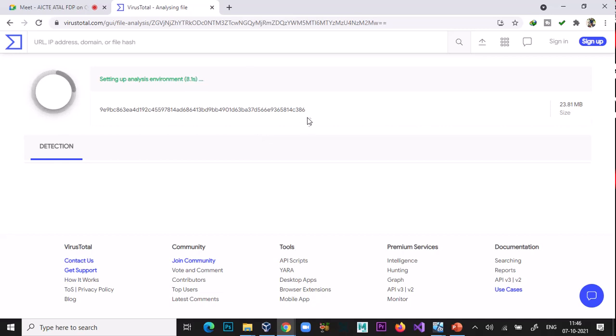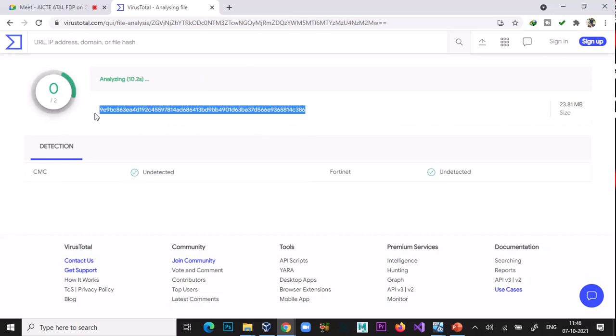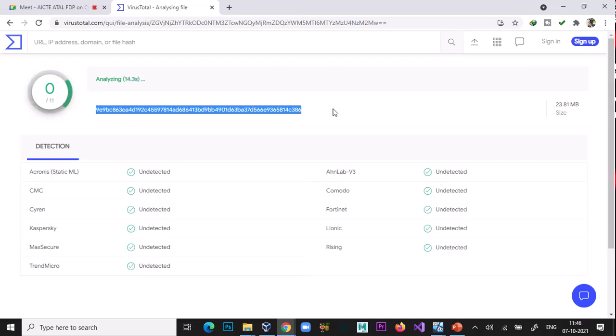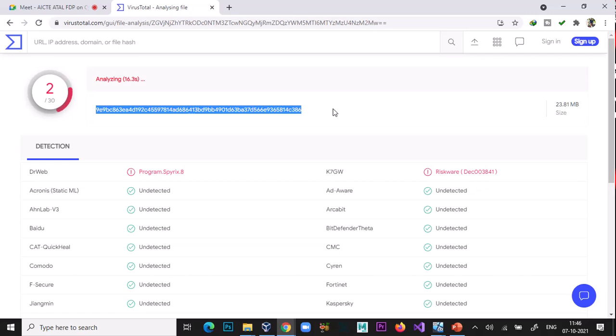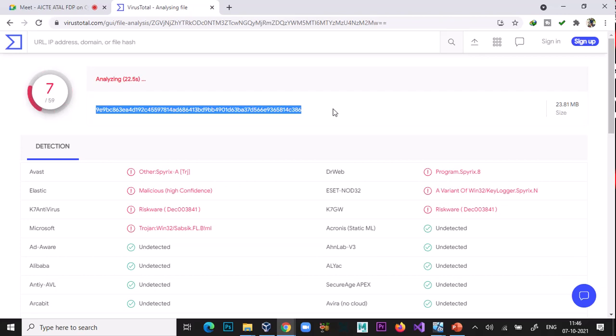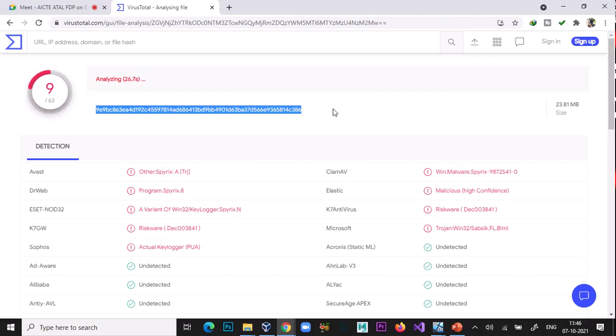So this is the hash value of my exe file which I have uploaded here. ESET NOD32 says it's a riskware. So this is how VirusTotal works.